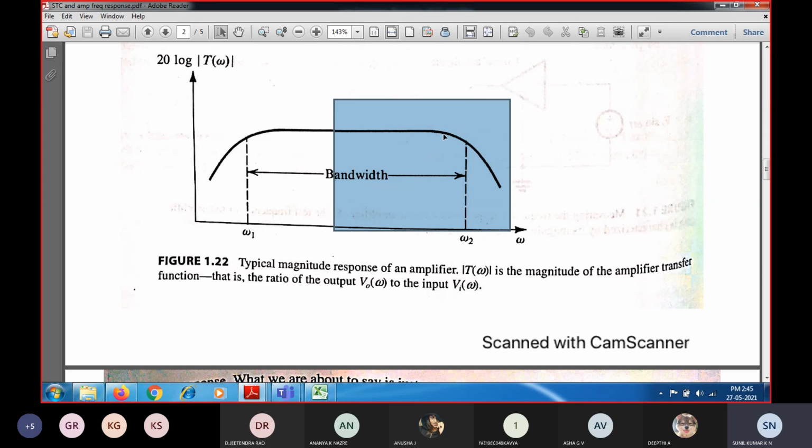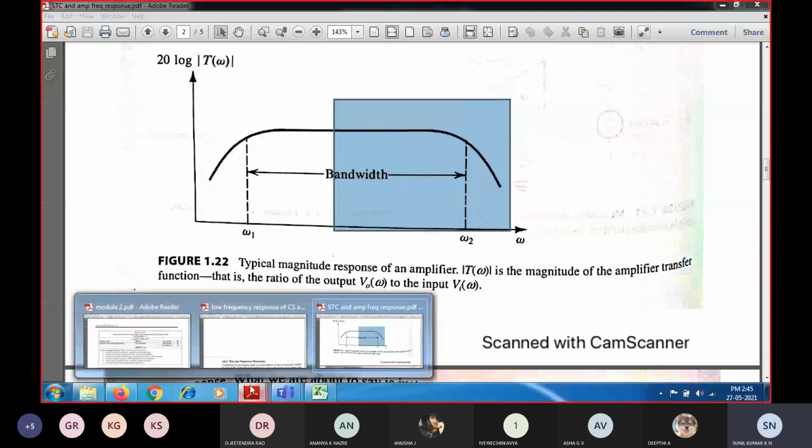frequency range. And as you increase the signal frequency, you can see the gain rolling off. That means the gain reduces in the higher frequency range. That is because of the internal MOSFET capacitance. So in the high frequency response, at the higher frequency range of operation, you can see a sufficient amount of gain reduction as you increase the frequency to a higher level. So this causes the gain to reduce at higher frequency.